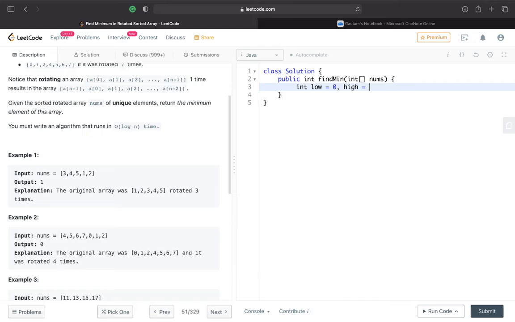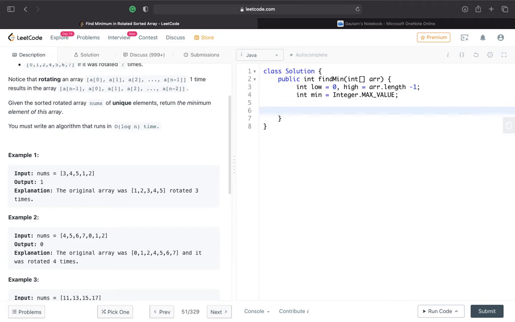High will be initialized with the array's length minus 1, and I'll use a min variable to keep a check on the minimum element we have found till now, which will be initialized by Integer.MAX_VALUE. This gives the maximum value an integer data type can hold.